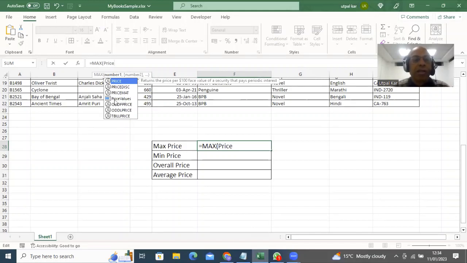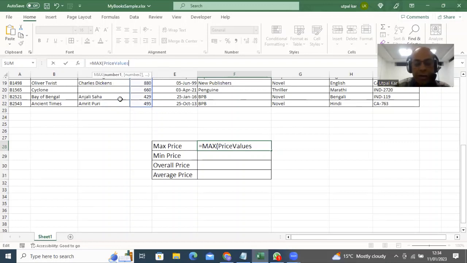You can see here, this is the range name being displayed. Very conveniently, you can choose this and close the bracket. Your formula is going to be equals to max price values. So if you press the enter key,